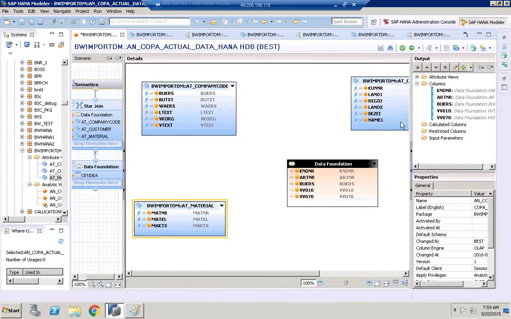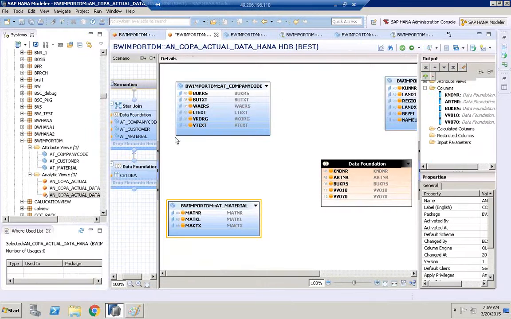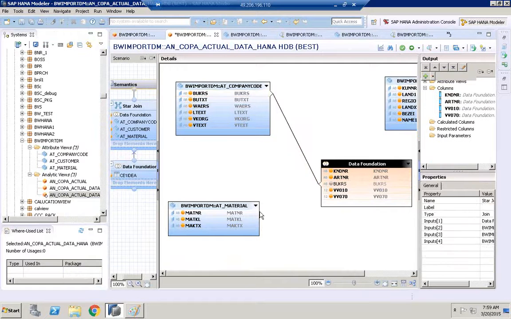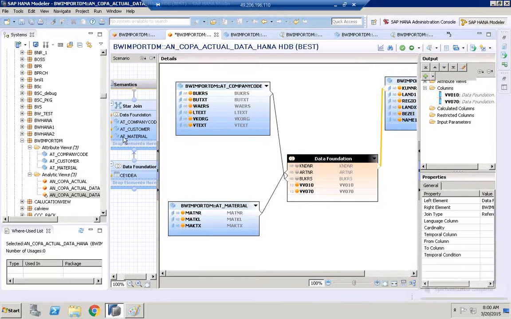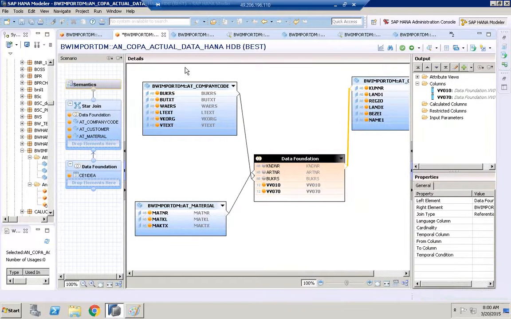So even when you have attribute views, or even when you don't have attribute views, like the ones we created yesterday, like KNA1, T005, T5U, everything executes on OLAP. Now all I have to do is join the key attributes with the foreign keys: MATNR to ARTNR, KUNNR to KNDNR. So once we join these views to a fact table,